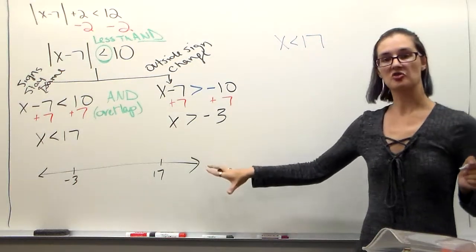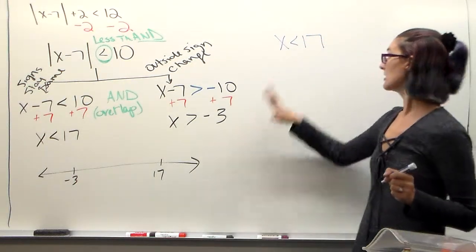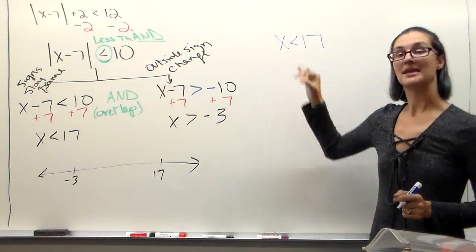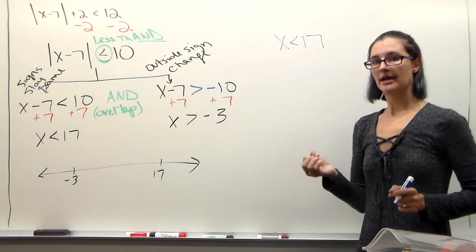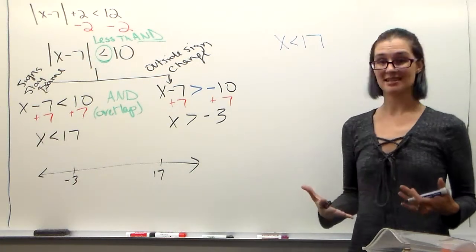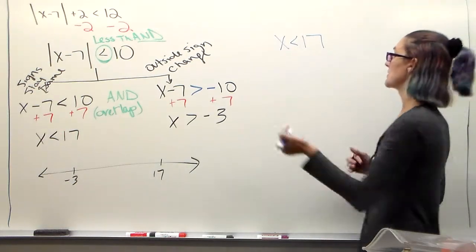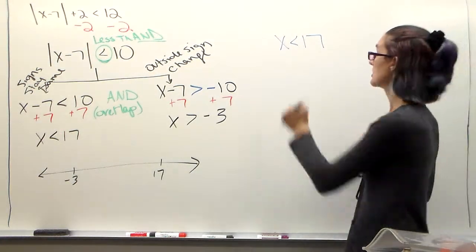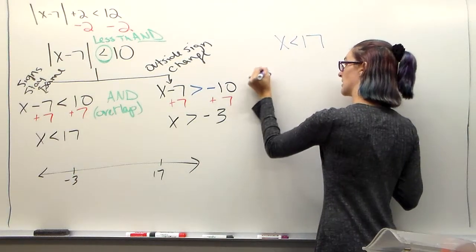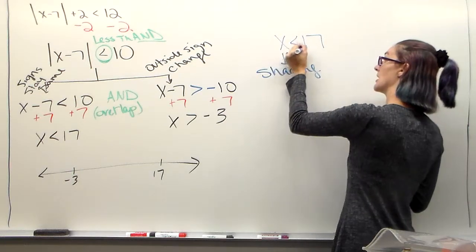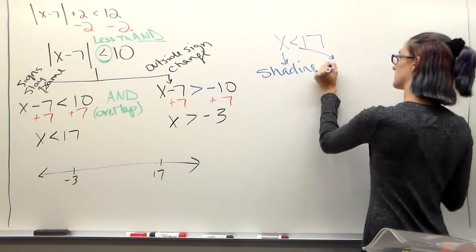And getting that on the graph is easier said than done. A lot of people say it's going to go to the left because of the arrow, but that's not always true. It's dependent on where the variable is. If the variable is in the wrong place, then it doesn't always follow the arrow. So what we're going to do is I'm going to change this statement into words. So x is where I'm shading. So my shading is less than